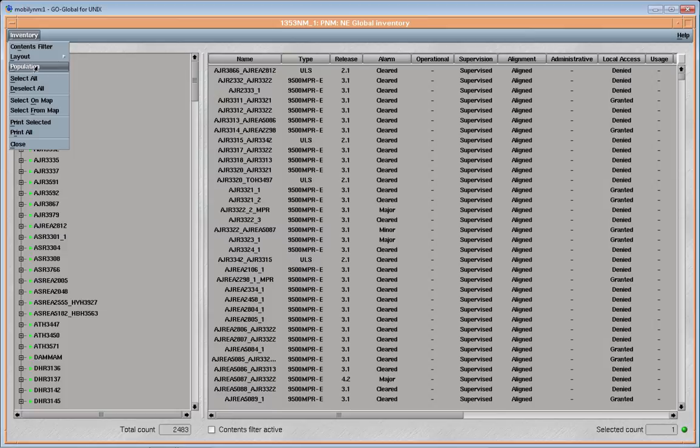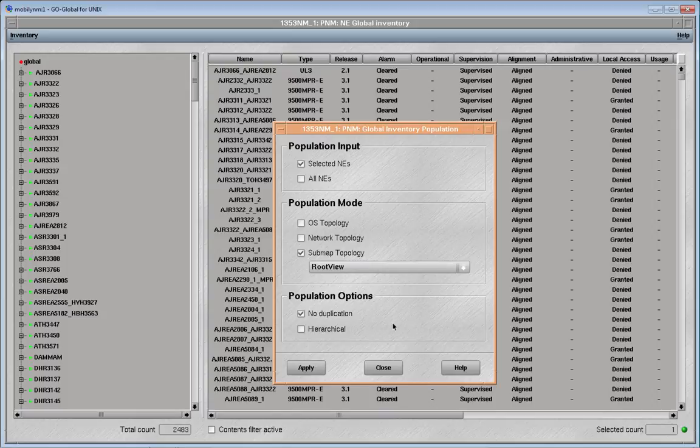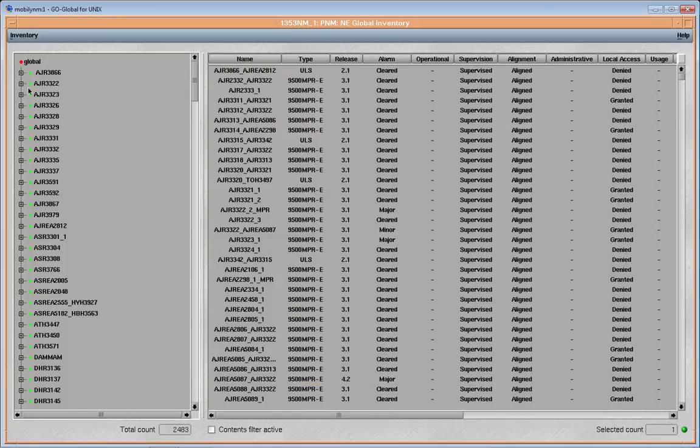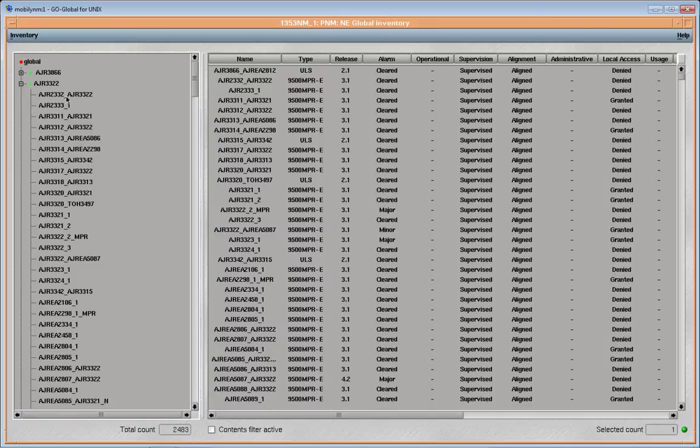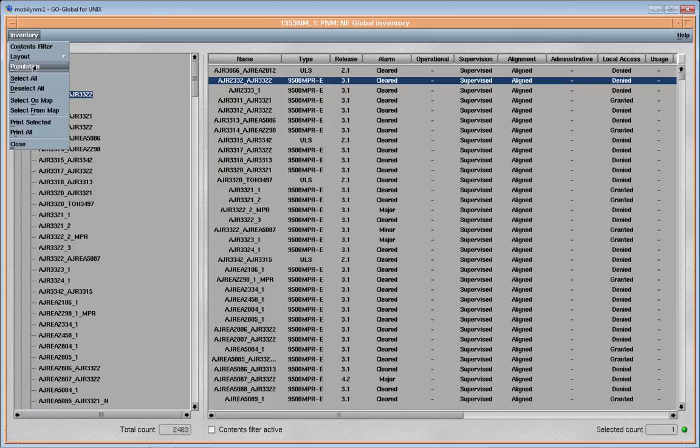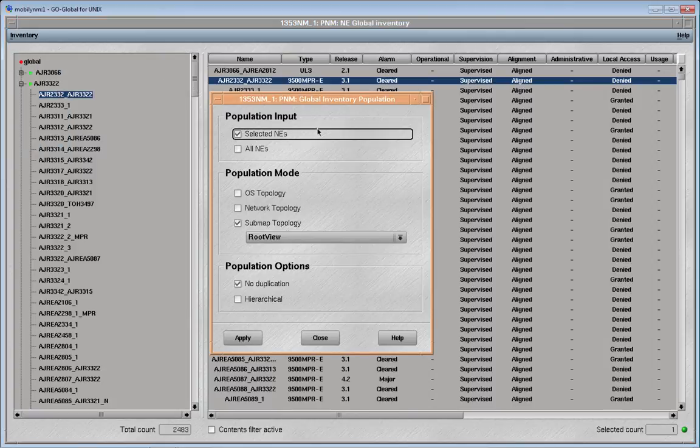You can also populate a particular NE. For instance, if you need to populate this NE, you select the NE and populate. The population input, you set the selected NE. If you need to populate the selected NE or all NEs, if you need to populate all NEs, then the